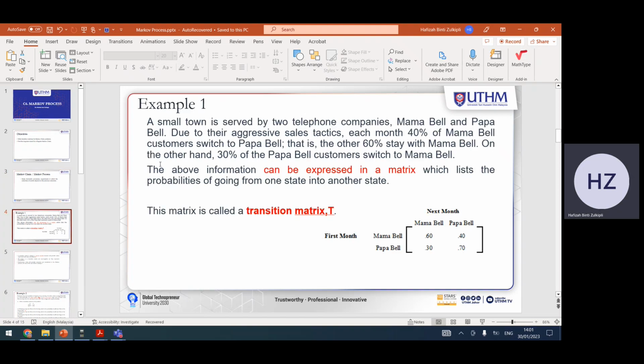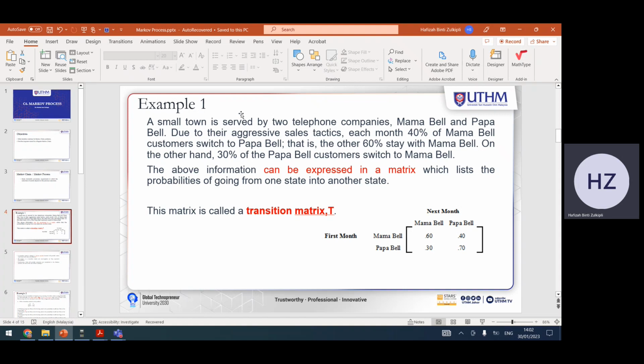We will look at the first example here. So this is example one. It said that a small town is served by two telephone companies, Mama Bell and Papa Bell. Then they have sales. Each month, 40% of Mama Bell customers switch to Papa Bell. Then the other 60% stay with Mama Bell. On the other hand, 30% of the Papa Bell customers switch to Mama Bell. So the above information can be expressed in a matrix which lists the probabilities of going from one state into